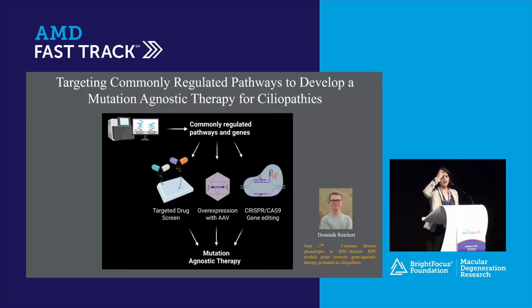And I want to tell one thing: why did I choose to have these IRDs? I think you can learn from one disease and translate to other diseases, because the common pathways that make a tissue or a cell dysfunctional and unhealthy are shared. These RPE cells have a shared common pathway. So we hope that what we learn from these ciliopathy studies, we might be able to translate to AMD.